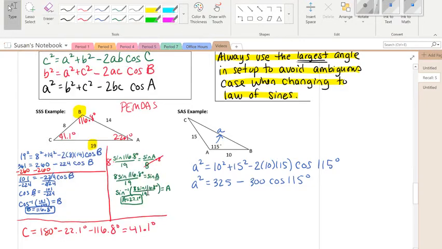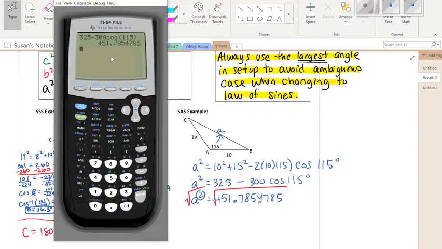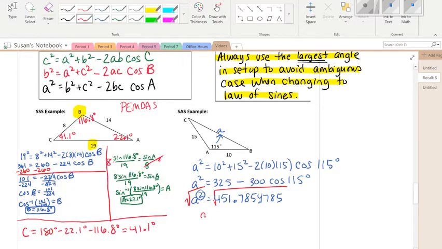So A squared is equal to 451.7854785. But notice we're not done because we have this square here. How do we get rid of the square? We have to take the square root. Normally you take plus or minus, but we can't have a negative length, so we don't need the negative here. In my calculator, I'm going to do second, square root, and then enter. That gives me 21.26, because we're doing side length, we're going to round. So A is equal to